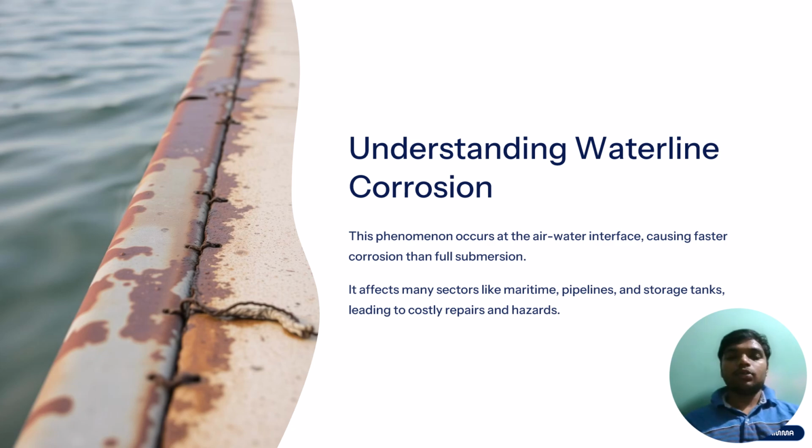Electrical grounding issues: improper grounding of electrical appliances connected to copper piping can lead to galvanic corrosion. This occurs when two dissimilar materials are in contact in the presence of an electrolyte like water, leading to accelerated corrosion of one of the metals. Effects of waterline corrosion: